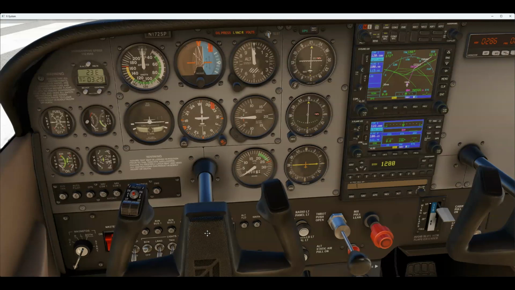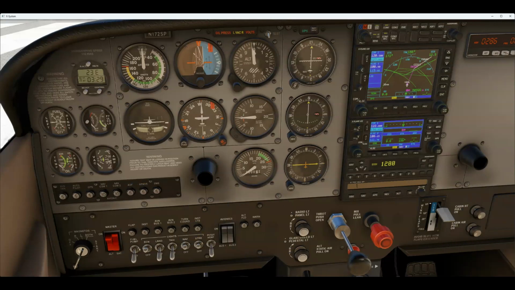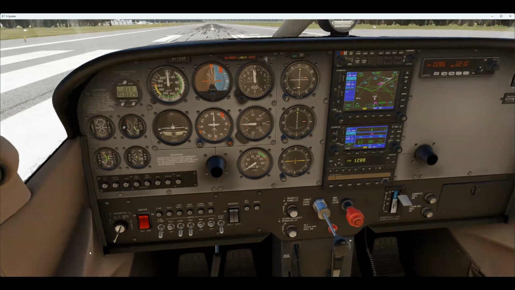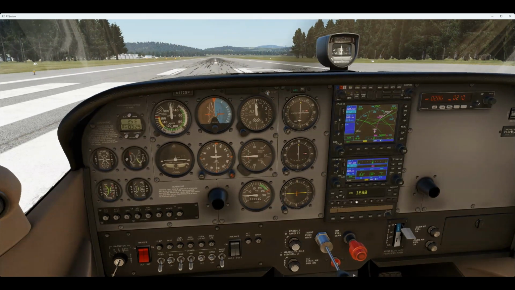We want to kill the yoke because that just gets in the way. We got the fuel pump on. We got mixture full rich. We got that. What am I missing? We'll put the alternator on. There we go. And if we go alt mode, so that puts the GPS on, not really